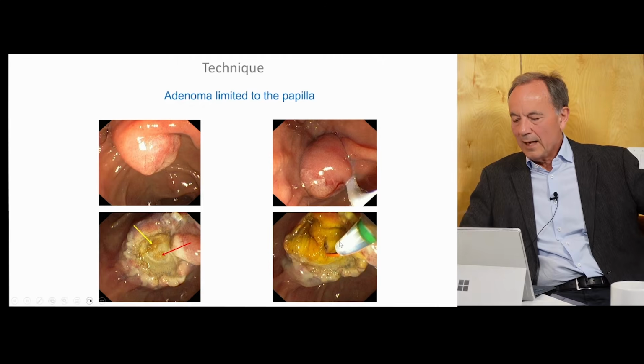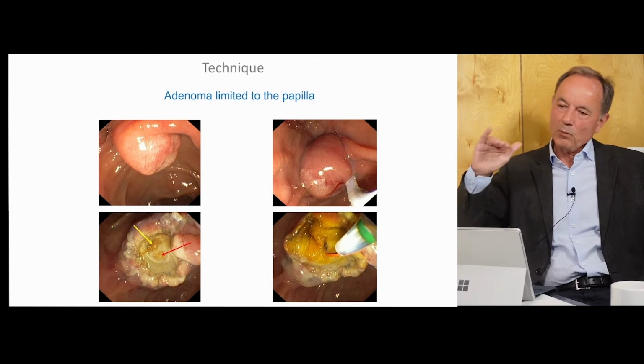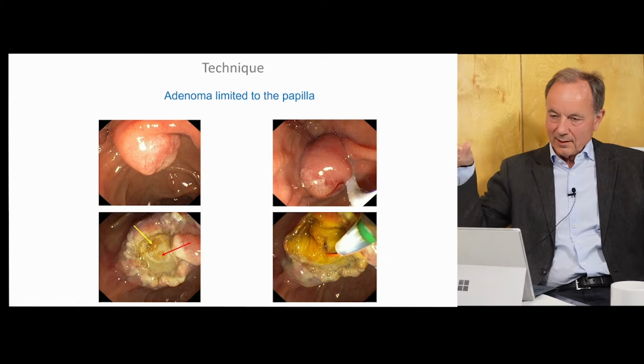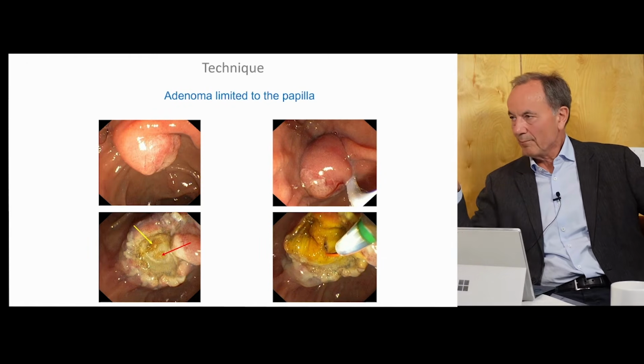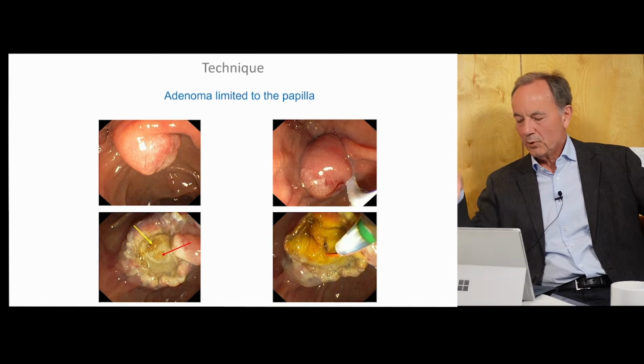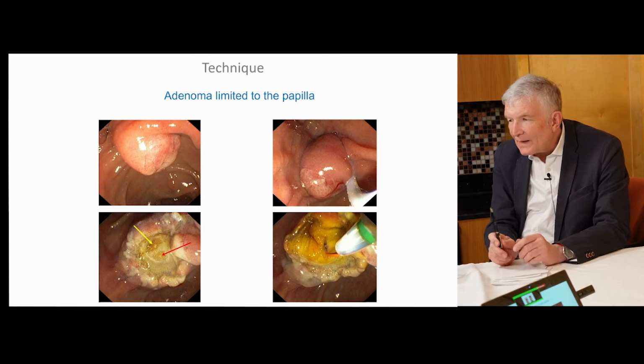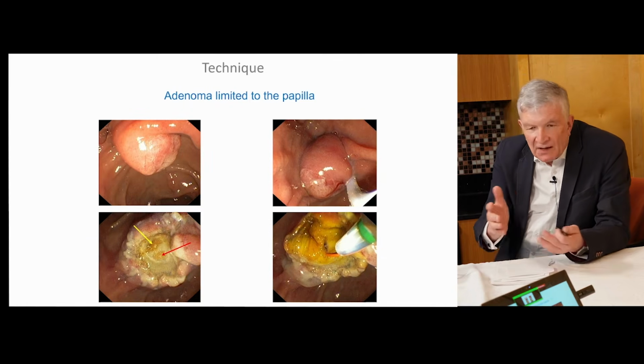And therefore, I insert a hydrophilic guide wire, either straight or angled, into this orifice here. And then I ask the assistant to advance the wire forward without injection. I follow it under fluoroscopy, and when the wire takes the correct direction, suggesting that we are in the pancreas, then there is no need for injection, just to decrease the risk of post-ERCP pancreatitis. But you do it in any case, because there are people claiming, without evidence of course, that